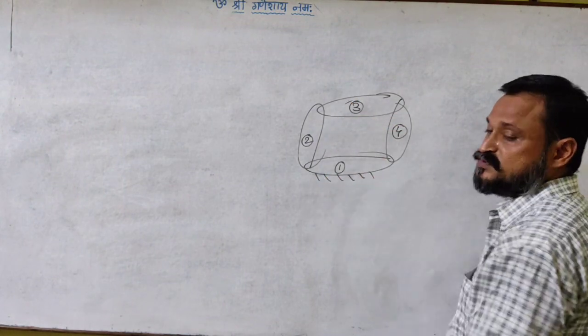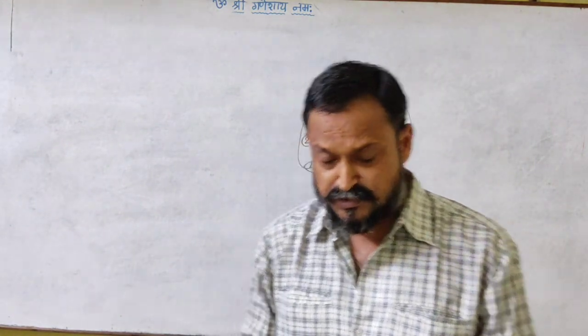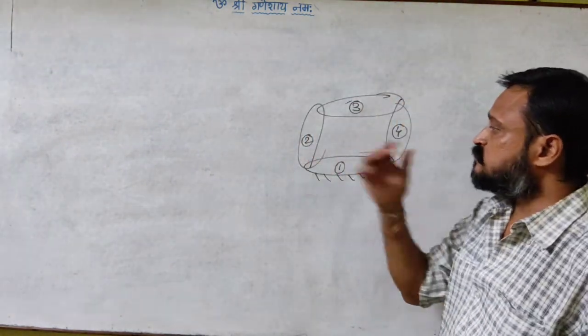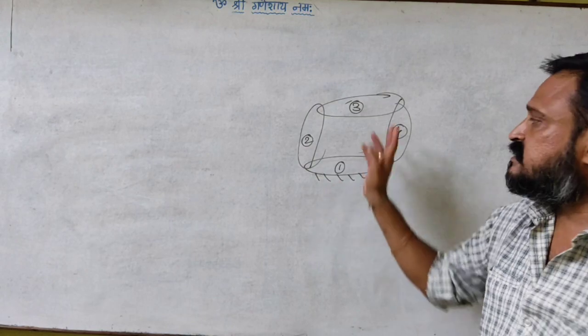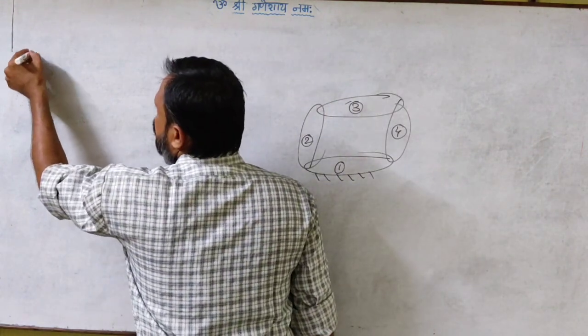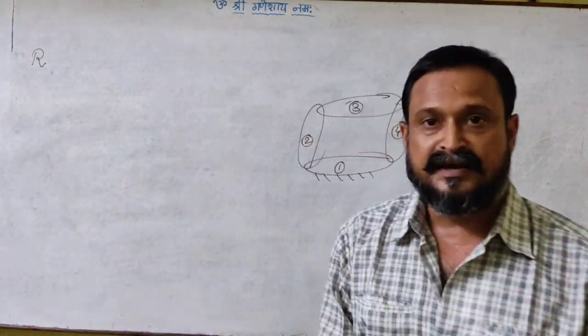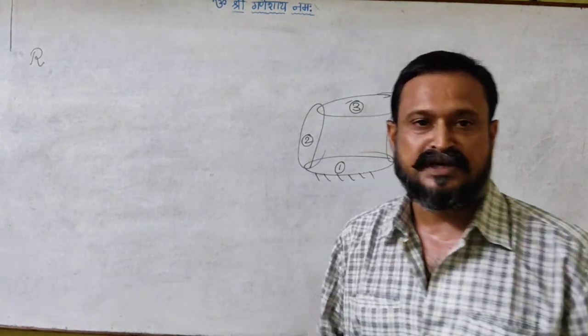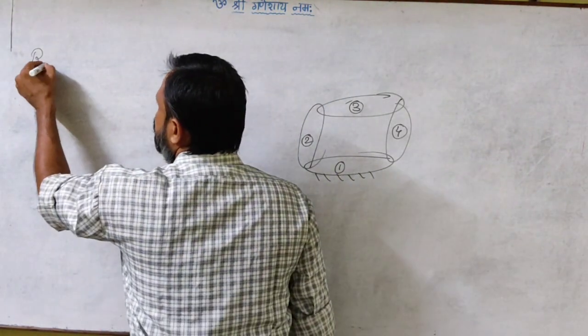Maybe I fix this one as the frame. In a mechanism, these bodies are interconnected to each other, and when there are a number of bodies having relative motion with respect to each other,